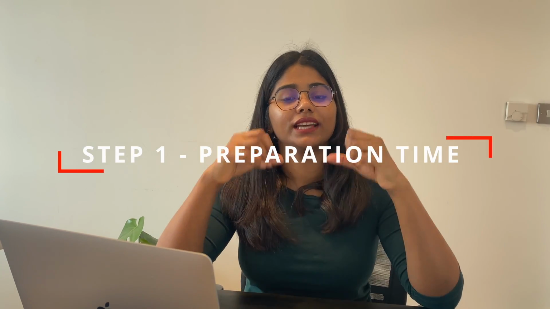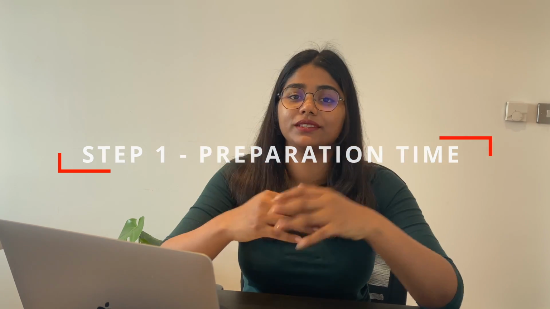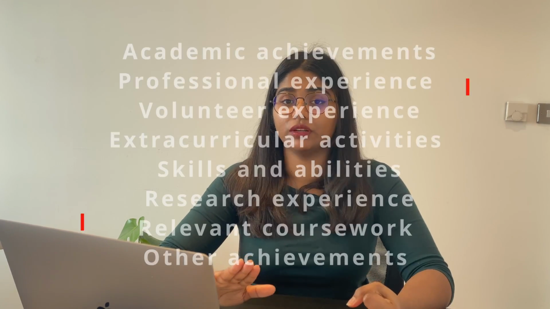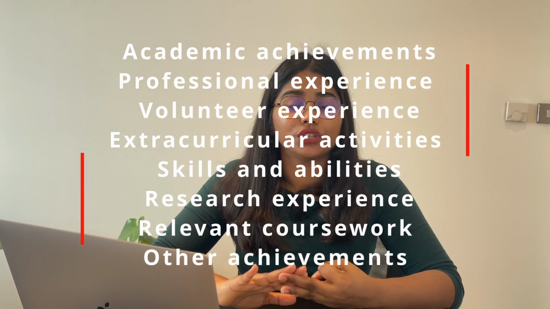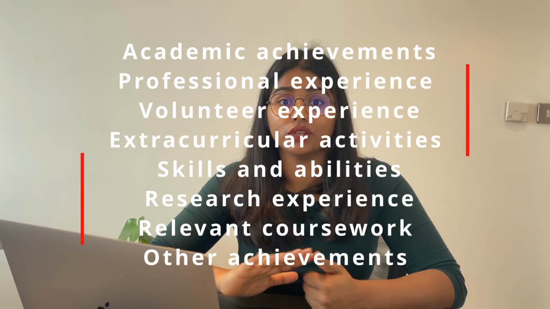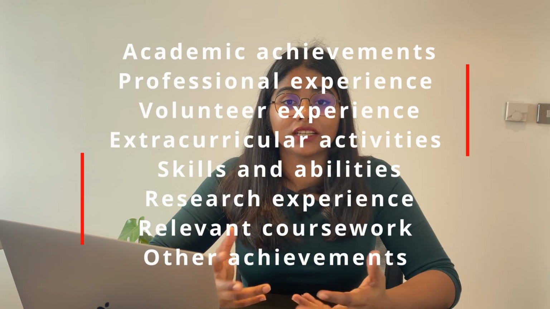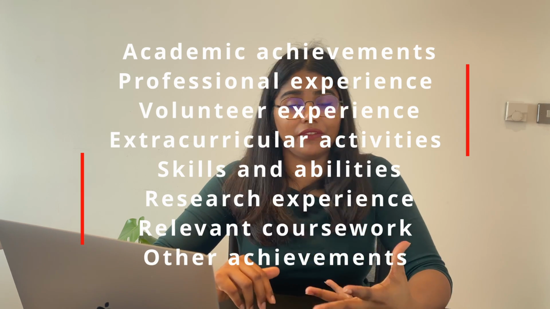So first, set yourself a preparation time where you're going to brainstorm ideas. Here you can list out all your achievements, your credentials, your academic interest, your passion, everything into a list, and then start developing more ideas regarding it. In this section, I will write down my academic interest, my professional background, and any achievements in teamwork that I have done in my professional background. And if there is no professional background available, I would keep my research experience, my volunteering experience, and my internship experience that I want to share with the reader.